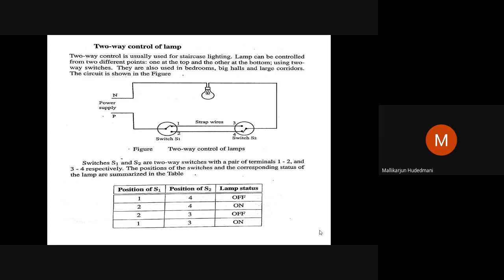Now, we have one important study over here. Probably you will be doing this in the laboratory also. How to control a lamp from two different points. This is also known as staircase lamp wiring. You are all very familiar with it if you are living in a multi-storied building. When you want to climb up or down a staircase, generally in the dark or in dull light, mostly we are provided with a lamp which supports our staircase activity. Therefore, to turn a lamp on or off, we are provided with two switches, one at the entry of the staircase, another at the exit of the staircase.